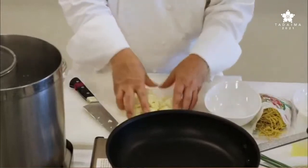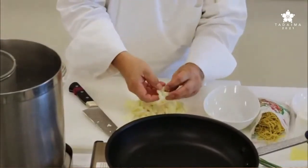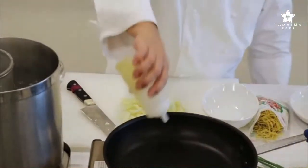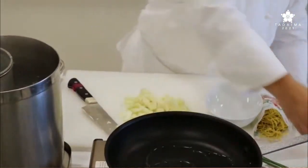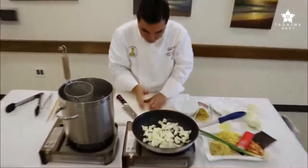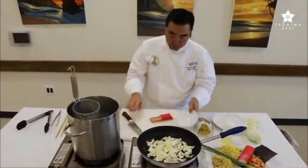Okay, so our cabbage is cut here. You see something dark in here. Let's take this out. And this is our local cabbage here from Hawaii. So a little bit of oil in a pan. We're going to put our cabbage in there. While this is cooking, let me finish up cutting this